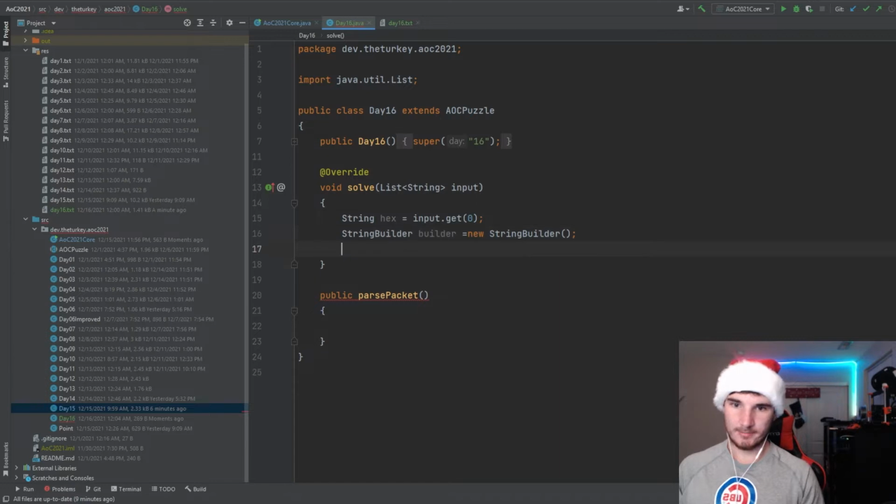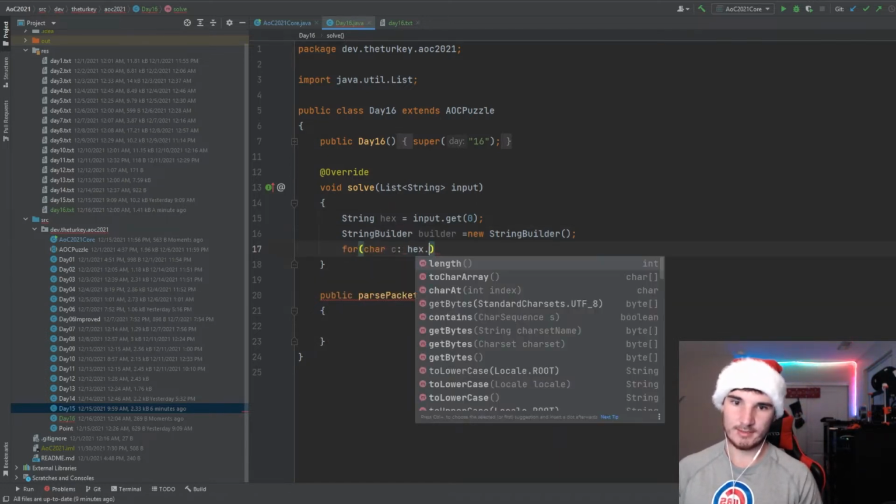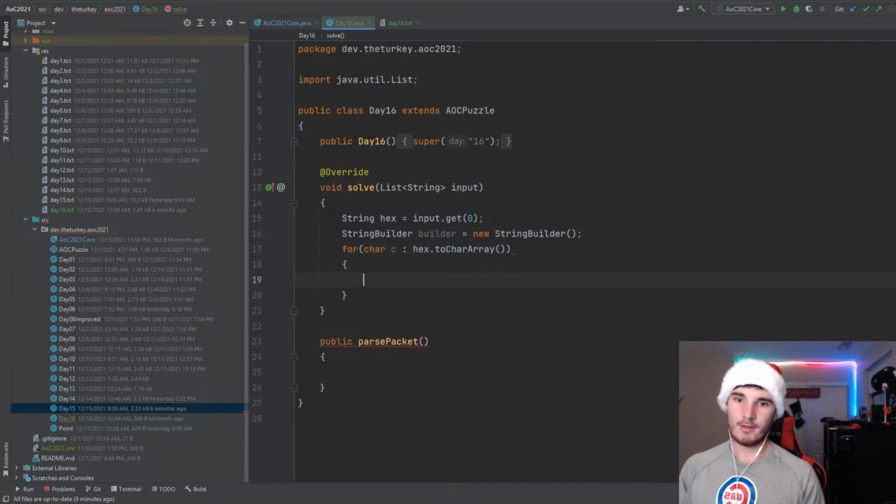Let's do it. Okay, so for char c in hex dot toCharArray, I'm going to go ahead and do builder append. Does Java